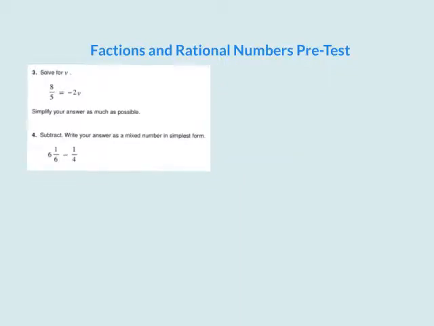Number 3, I've got an equation, so I've got 8/5 equals negative 2v. Now to get v by itself, I'm going to divide by negative 2. I'm going to take this whole thing and divide it by negative 2. So what my problem is, I've got 8/5